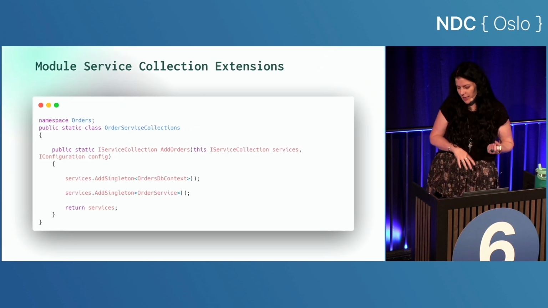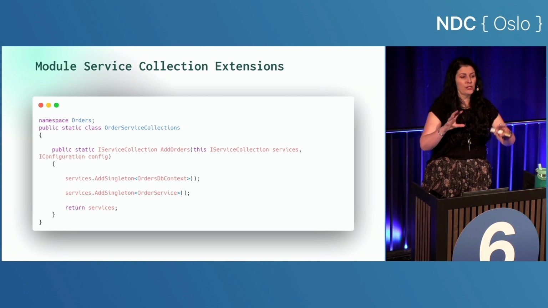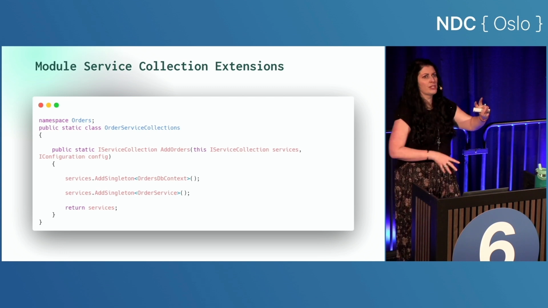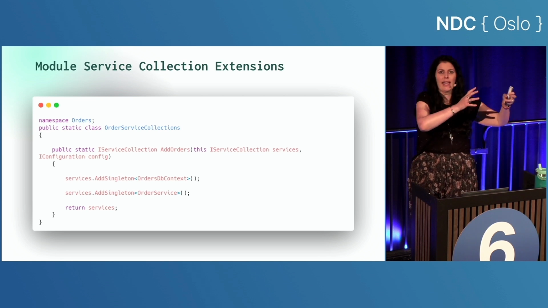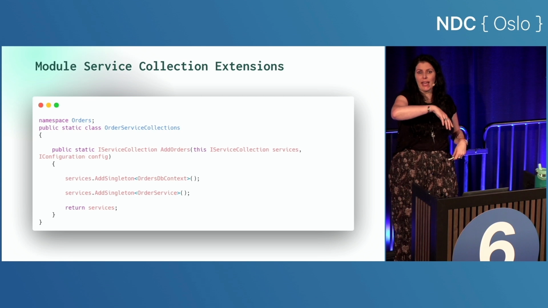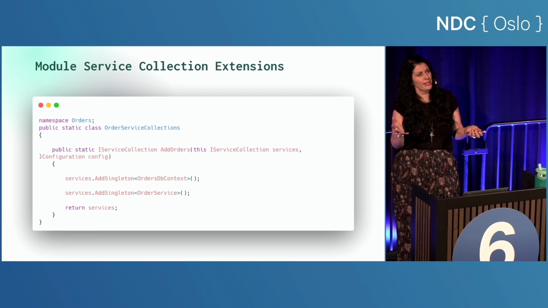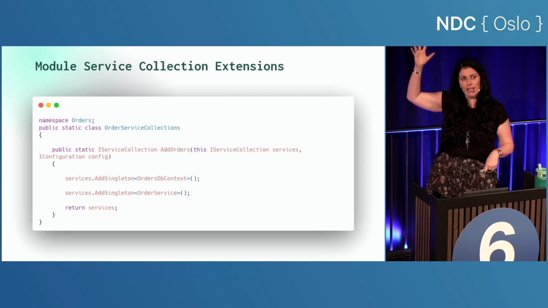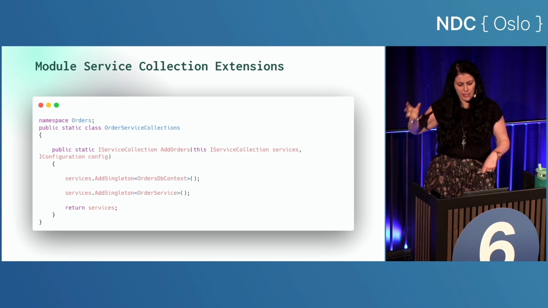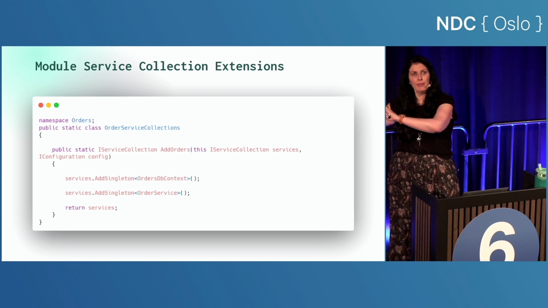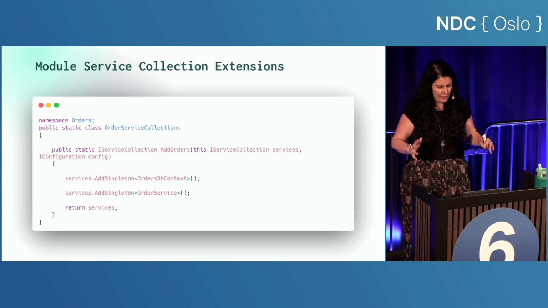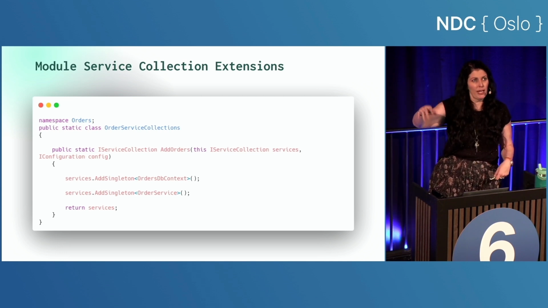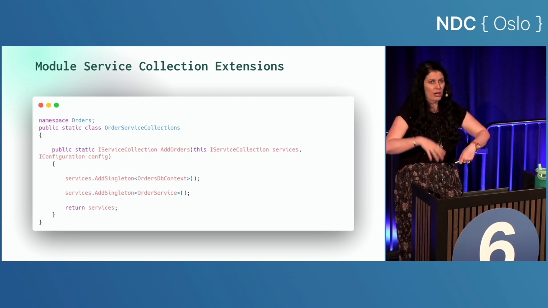And then we go to service collection, because our web API has to create the dependencies that our module requires. So if you have a dependency in your service on another service inside your module, and you need to inject that into your constructor, who's going to create that instance of that dependency? It has to be your web API. So we need to create all of these dependencies and add them to our IServiceCollection. But we don't want to grab all of those and do them in our web API program.cs. So we again use these extension methods to encapsulate them. We have this public method that says, just go and call this add orders in the web API,